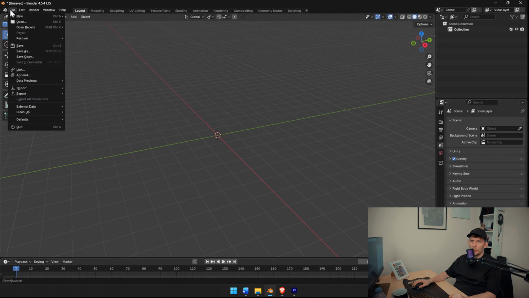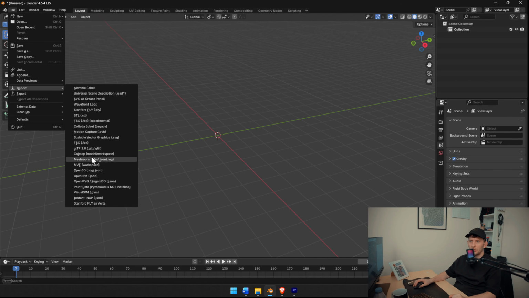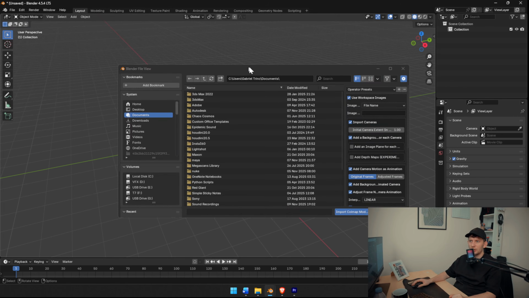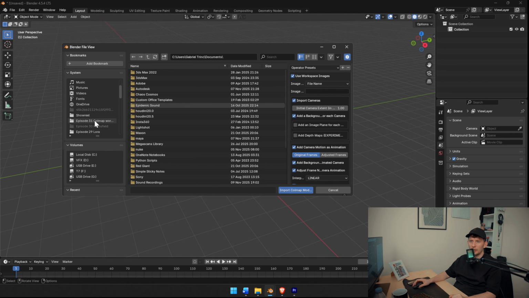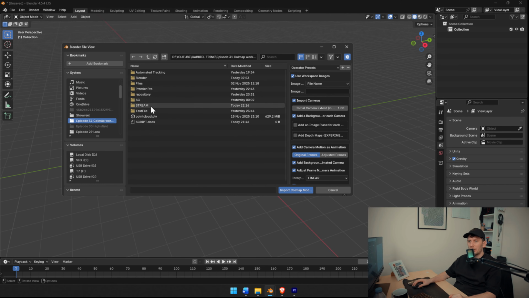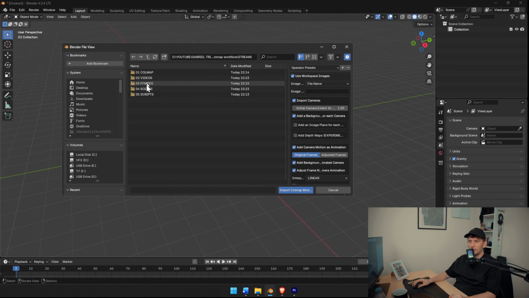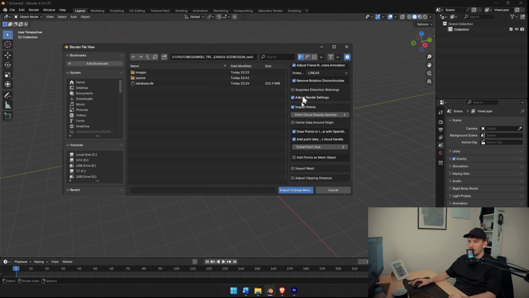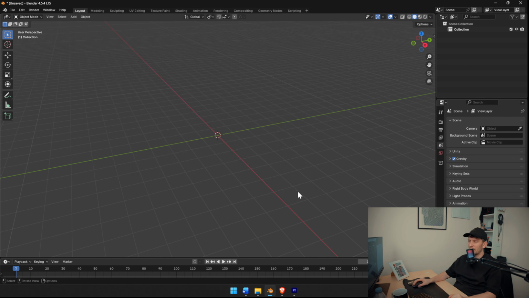Now you go to Import, COLMAP model workspace, and then here you find your folder structure. Premiere Pro, oh no, stream, scenes, edit, test, and then you're going to import. I've seen that if you don't check this, a lot of errors appear, and then you can import points as mesh object. I'm going to leave it as it is for now. I'm going to click import,